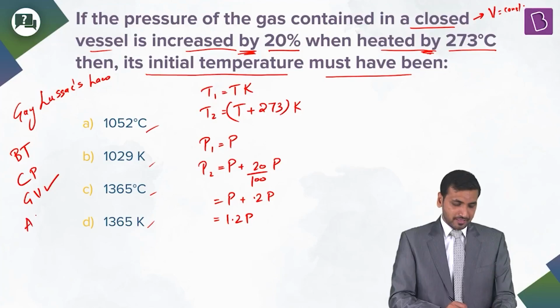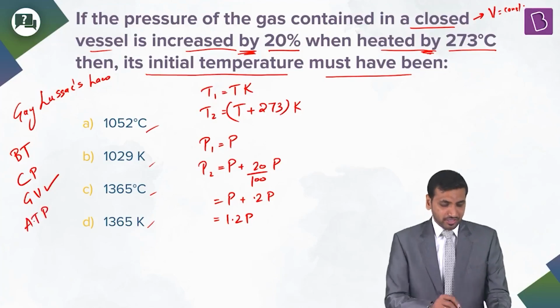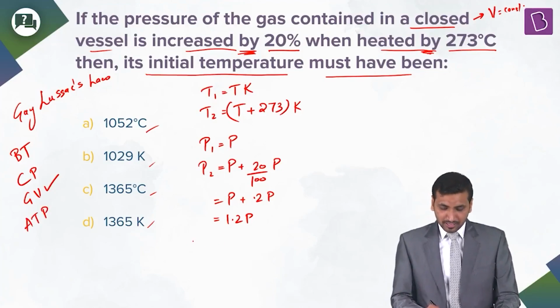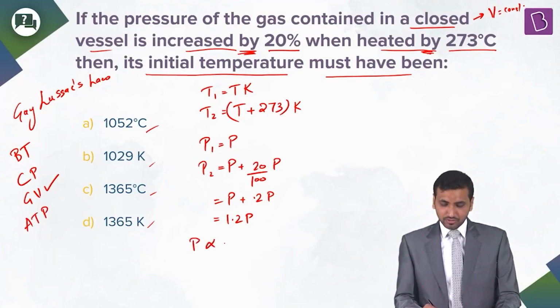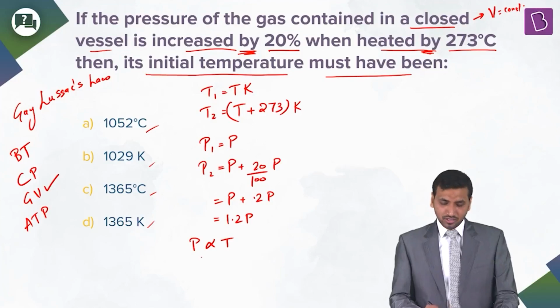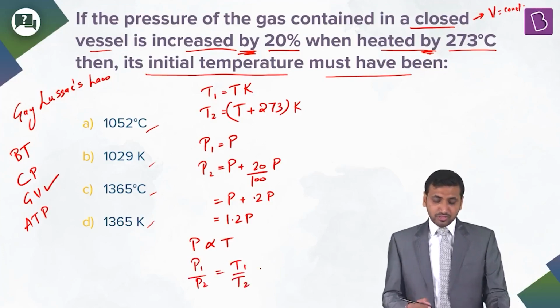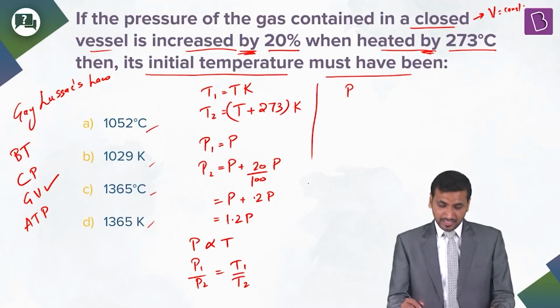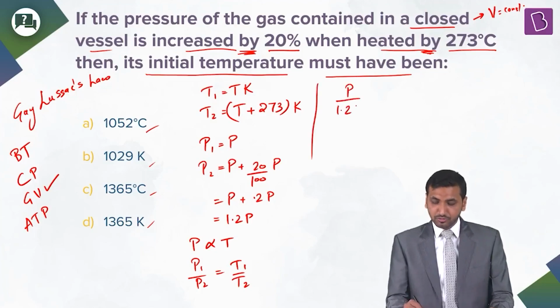So ATP. Here we are going to use Gay-Lussac's law where volume is constant. So what do we know? That pressure is directly proportional to temperature, right? So P1 by P2 will be equal to T1 by T2. Let's put the values. P1 is P, and P2 is 1.2 P. Perfect. T1 is